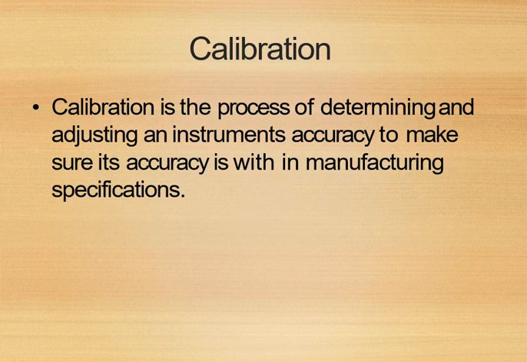The next thing is calibration. We have discussed this in depth, but again, you must know what calibration means. It is the process of determining and adjusting an instrument's accuracy to make sure it is within manufacturing specification. While manufacturing any instrument, the manufacturer sets some standards and designs the instrument, but after some time it may give a false reading, so we have to calibrate it periodically. We compare the result of our instrument with a standard instrument, and then adjust internal physical components or different parameters so that we can get actual readings.